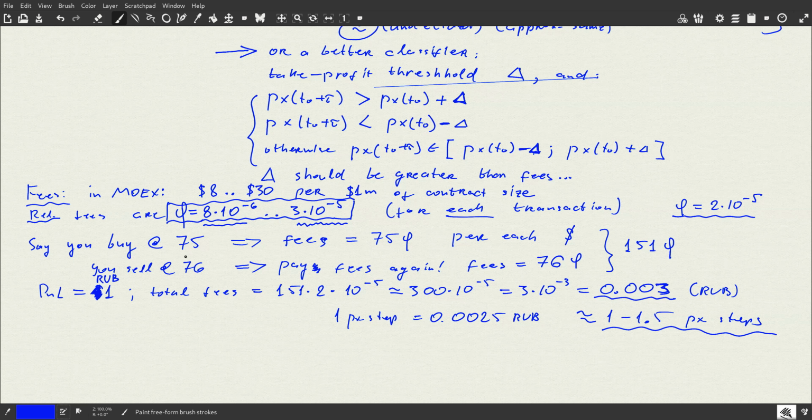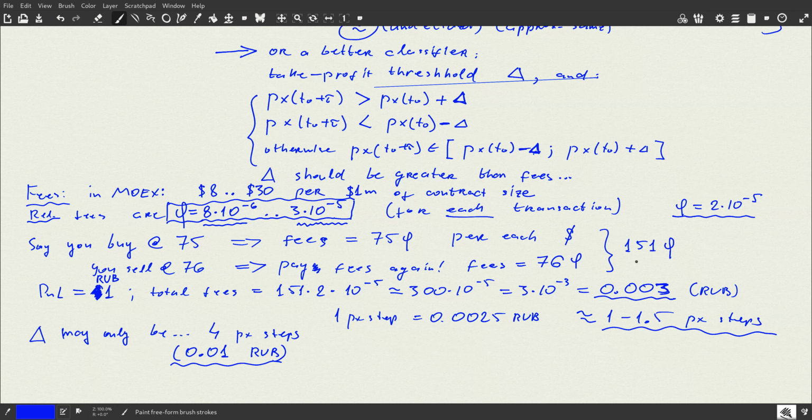But in many high frequency momentum strategies, delta by itself may only be maybe some 4 price steps. 4 price steps is precisely 0.01 ruble, 1 kopeck, or something like this. So if your delta is so small, but you hope to receive your delta very, very frequently,